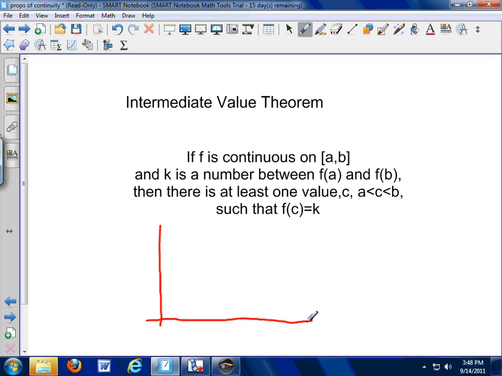Let's draw a picture. We've got some continuous function, like so. There's point a, and there's point b. There's f of a, and there's approximately f of b. So k is some number between these two. K is someplace on this line. They're saying that somewhere between a and b there's some c, and I don't know where it is, and